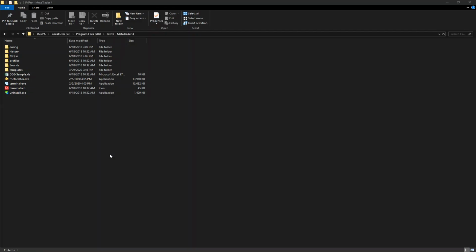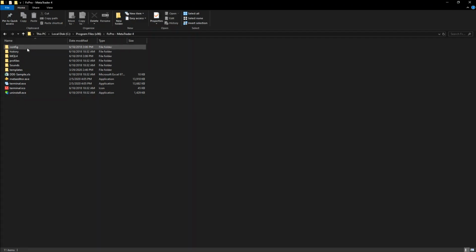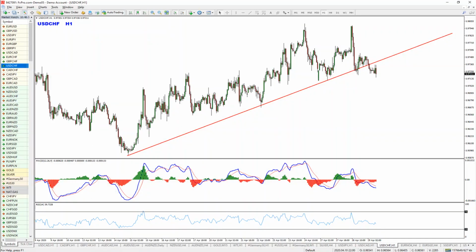What you need to do is find your platform inside the program files, this is where the installation files are. After installation, this is what you're actually running, right? The terminal.exe. Usually, if you didn't do any modifications, this is inside program files, and then you find your installation platform. If you're not able to find it and you have the platform running already, what you can do